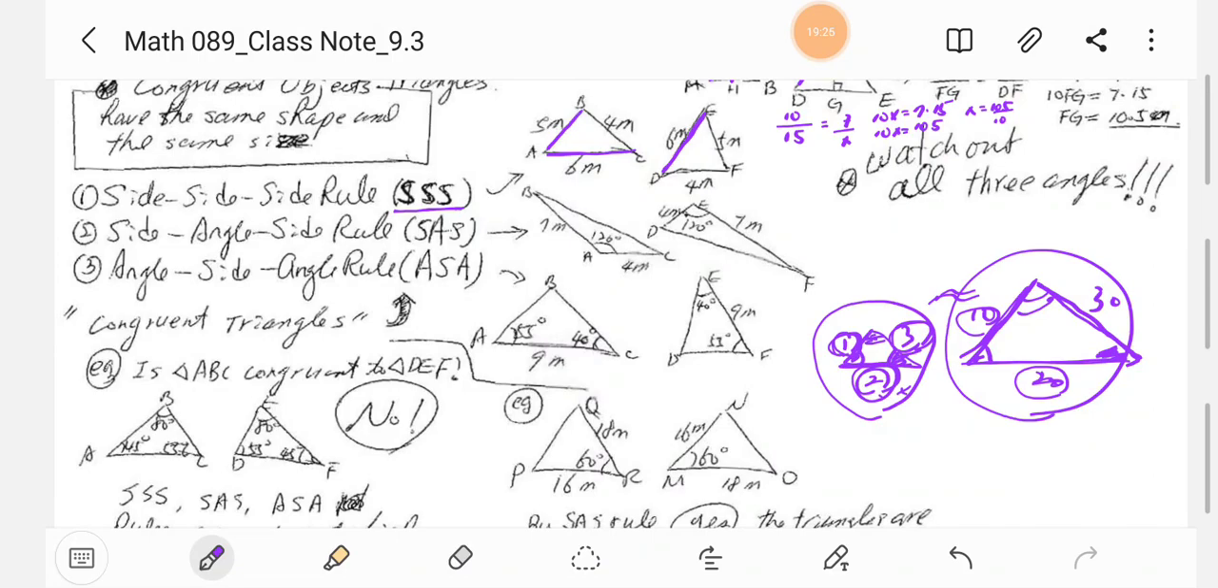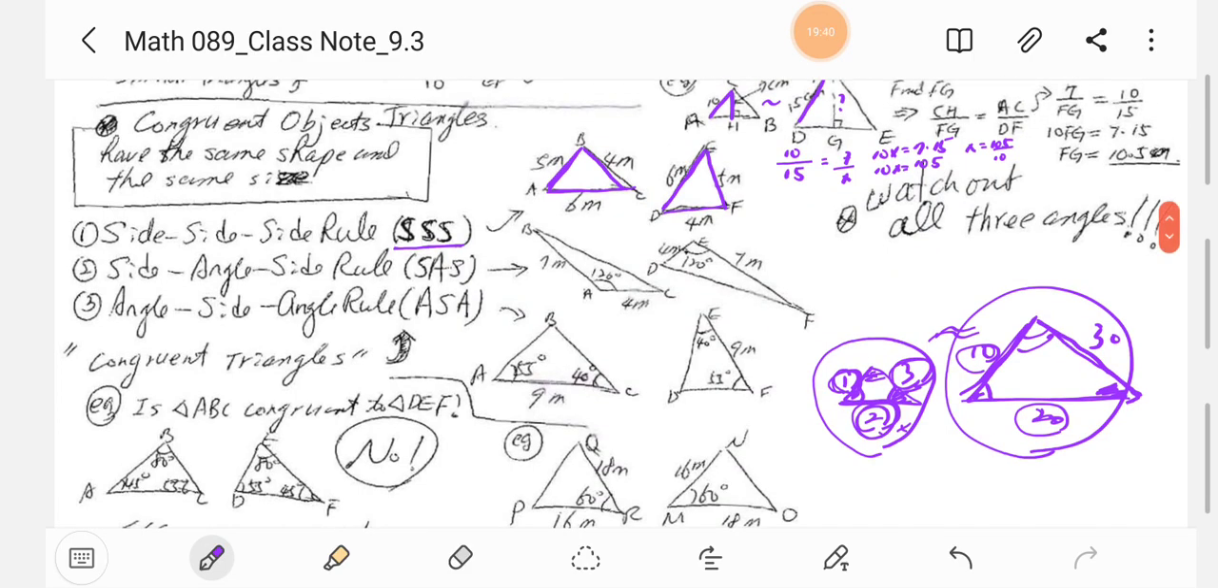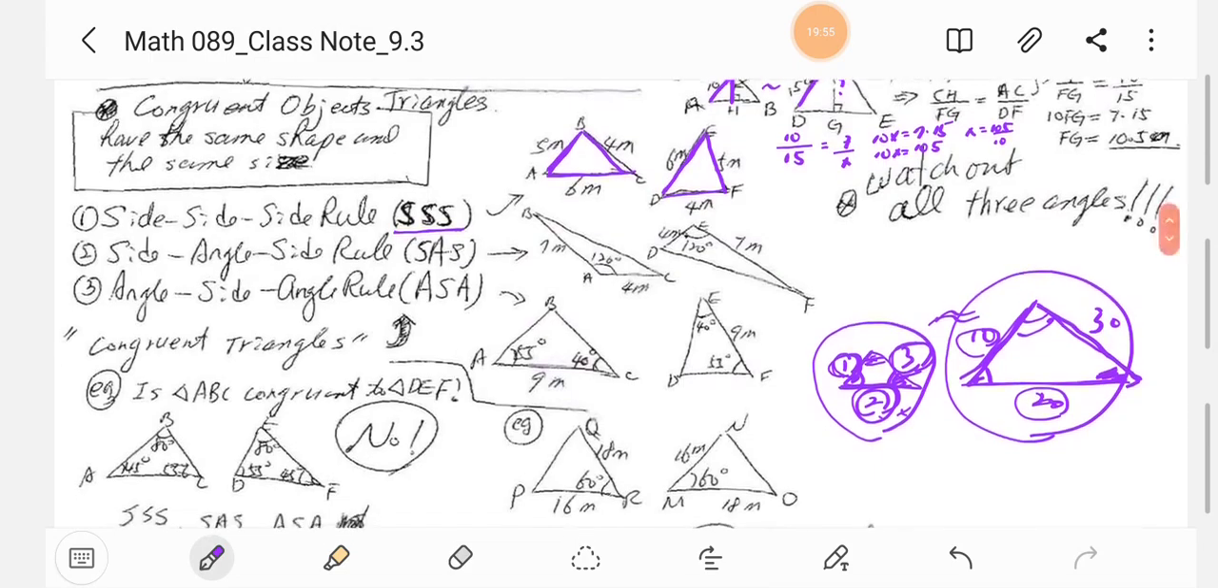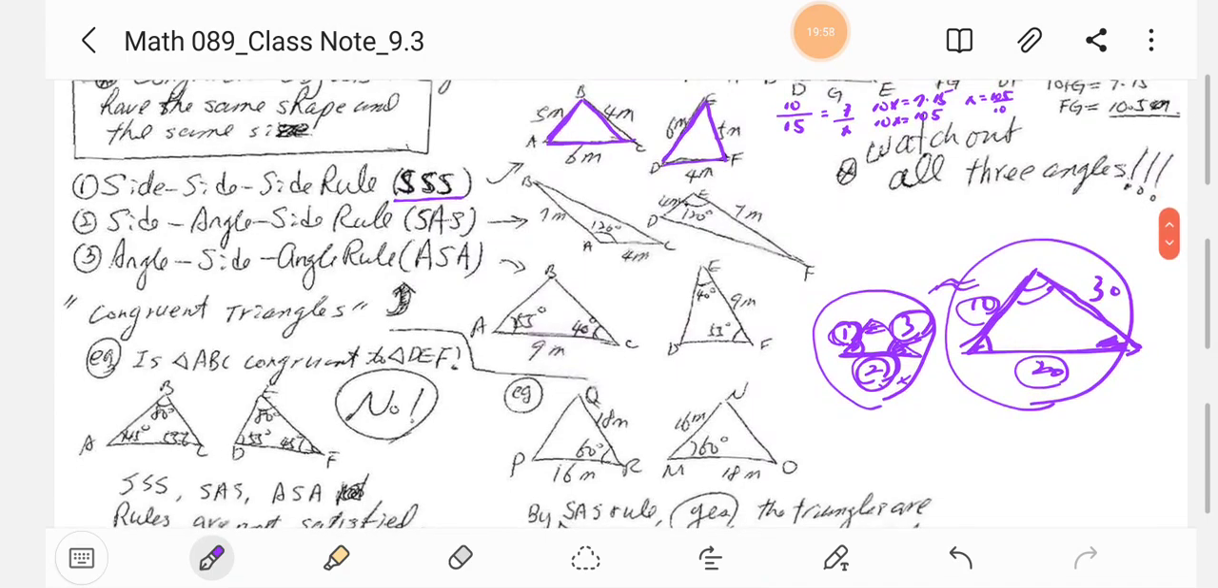And then this side and this side are the same. And the third side, this is 4 and this is 4. Same, right? So these two triangles are congruent. We call it congruent, which means all three side lengths, corresponding side lengths are the same. Okay, side. Or side